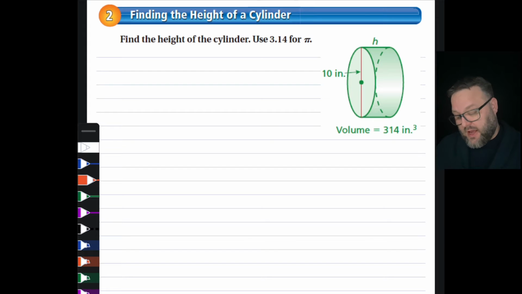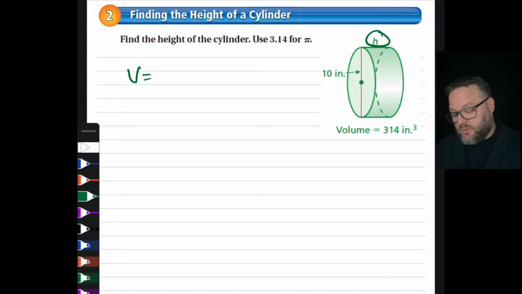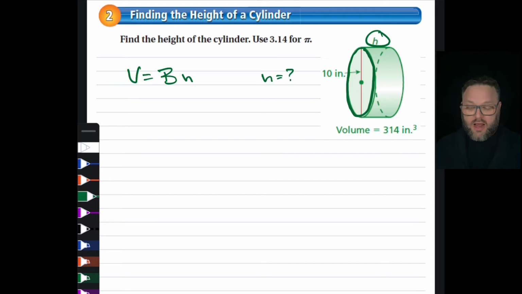But here we actually have H missing, but we're going to follow the same process as if the volume was missing. So I need to realize that volume equals my base shape area times my height. And here I know my height is question mark. Not quite sure. However, what I do know, since this is a circle as my base, now notice how that's not what's on the ground, but what could happen is I could push this and it's going to roll. So if I have a cylindrical object,